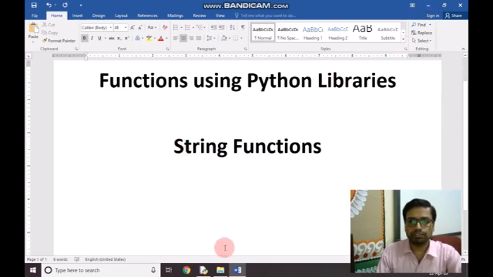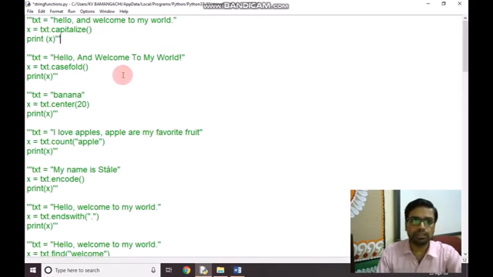So we have already made here some examples. First function is capitalize. I've already coded this function with an example. We have declared a variable in which a string is in the form of a line: hello and welcome to my world. The syntax of the function is txt.capitalize.